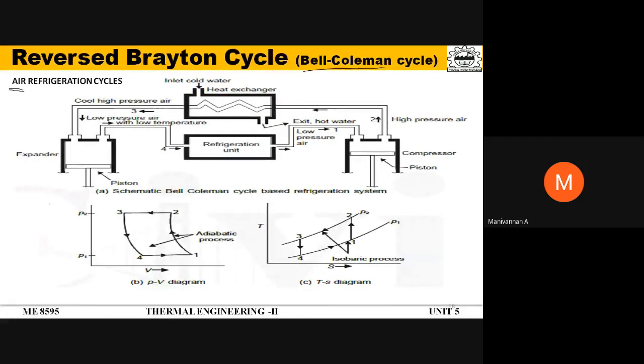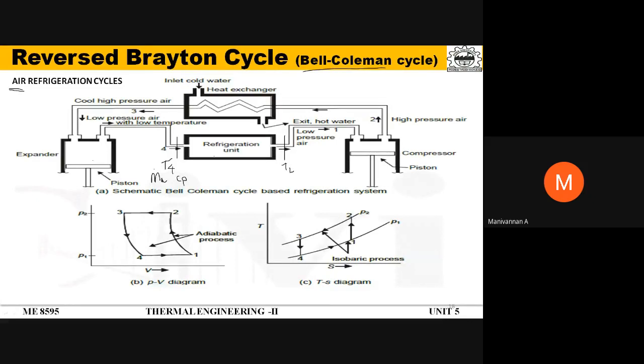The amount of heat that I am removing from the refrigeration system depends on the temperature of air that goes into the refrigeration unit and the temperature of air that comes out of it. The temperature of air that goes into the refrigeration unit is T4, and the temperature of air that comes out of it is T2. The mass of air is m dot A, and the Cp of air is Cp.